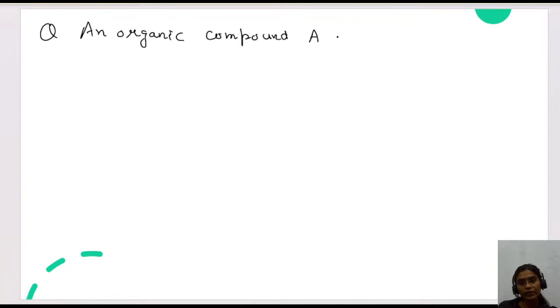Now let's solve a question. I hope the test is clear for you, right? Let me just write the question. This is a PYQ of amines. The question is: an organic compound A on treatment with benzene sulfonyl chloride